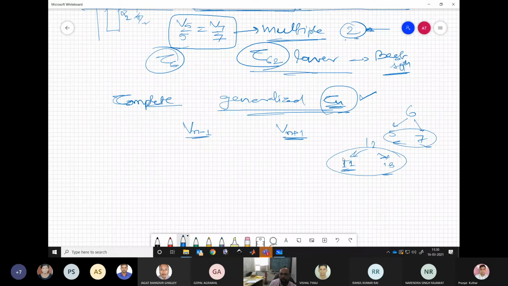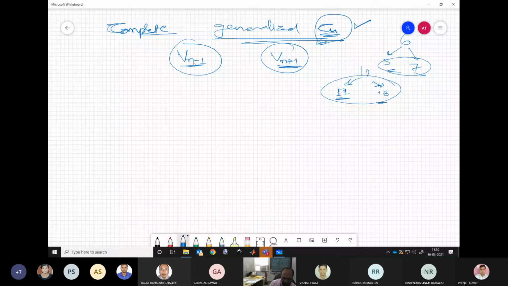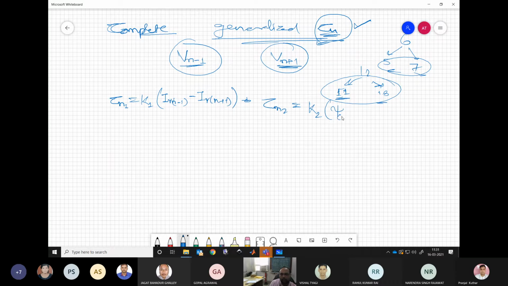Dominantly, these are the harmonics which are responsible. So in general, we can say that for tau n, Vn minus 1 and Vn plus 1 are responsible. So then we can propose tau n again will have two components. One will be something like IR n minus 1 minus IR n plus 1. And then the tau n2, which is the quadrature component, that will be something like tau n minus 1m plus tau n plus 1m.